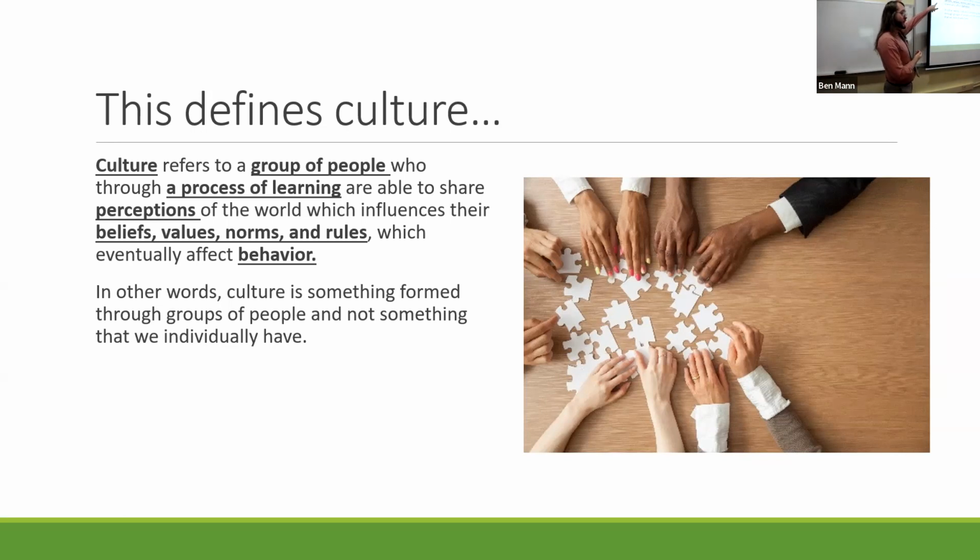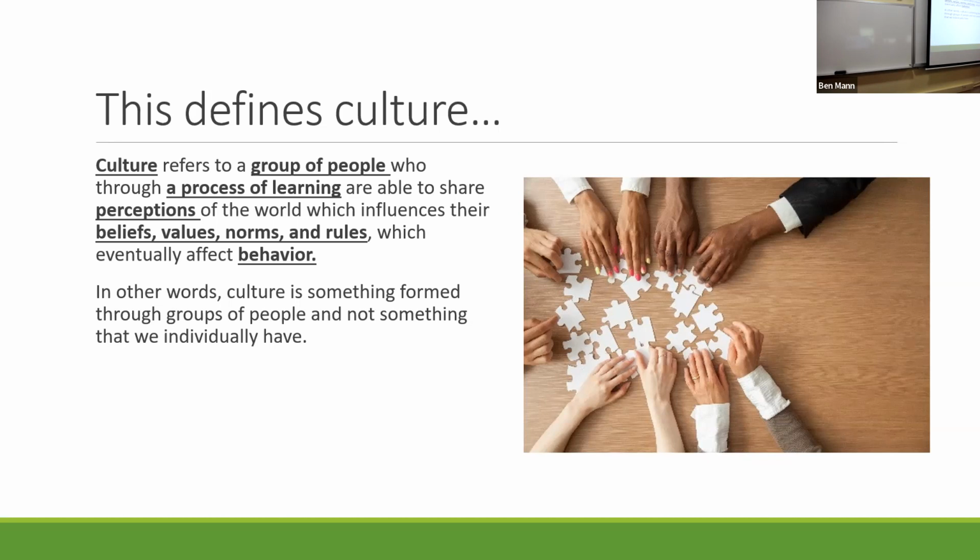We think back to the first week of class, there's the idea of perception, right? Perception is the way that we attend to, organize, and interpret information. So how we perceive, right, the glasses that we wear to try to understand and engage with the world, well, that's happening through the learning process. Berger and Luckmann in The Social Construction of Reality argue that we go through the process of primary and secondary socialization. Primary socialization are our immediate family members, those incredibly close to us and early in our development, right? And secondary socialization being going to school and forming those connections with other people, right? And that is the way that perceptions of the world help to develop through learning.